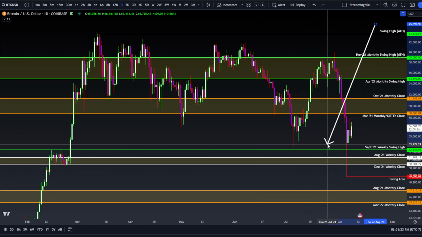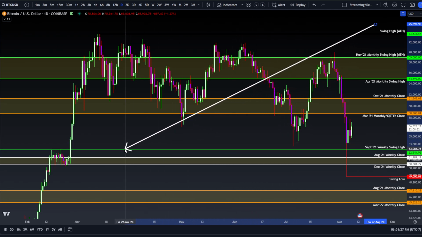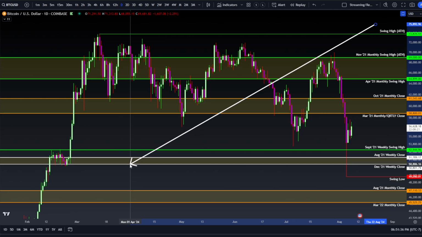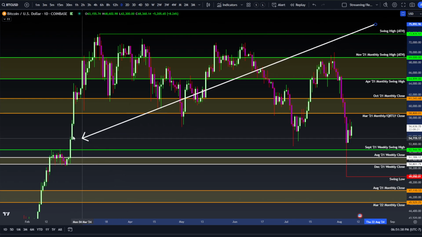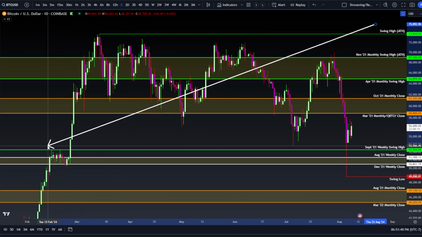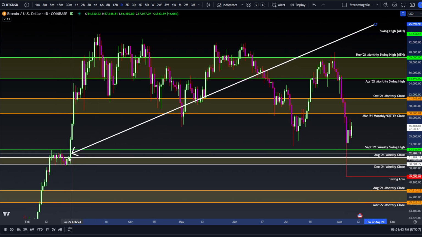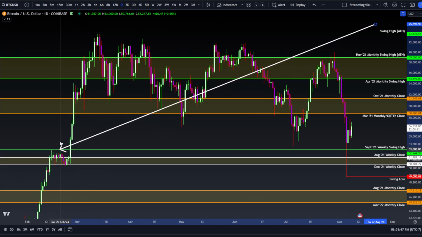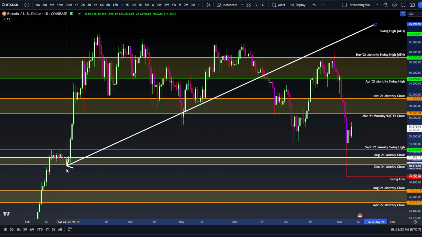And then just below it, and where Bitcoin has traded towards, is the September of 2021 weekly swing high at 53. And then there was two closing highs on the weekly there from August and December of 2021 respectively. So this area was previously retested earlier this year. So these 2021 weeklies on the swing and closes perfectly tested as resistance at that September of 2021 weekly swing high at 53. And then essentially the supports around